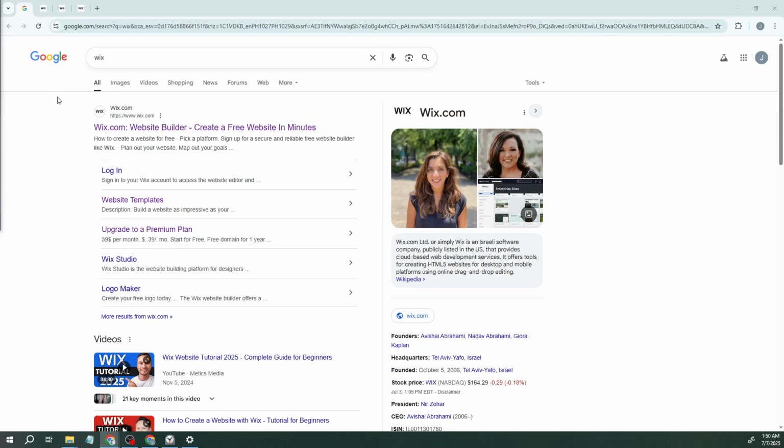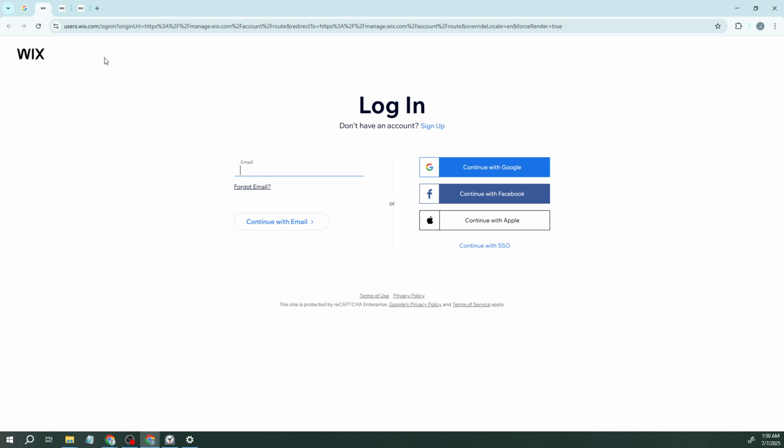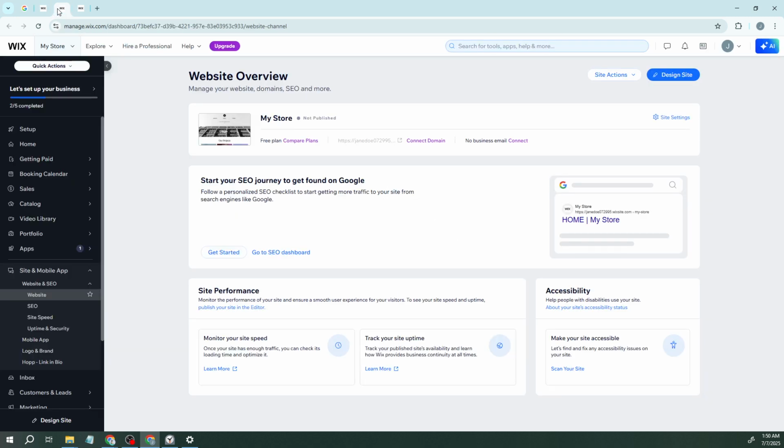In today's video, I'm going to teach you how to add icons in Wix quickly and efficiently. First things first, make sure you're logged into your Wix account. Once you've done that, head over to your site's dashboard. This is your central hub for managing your website, and accessing it is essential for making any modifications or enhancements